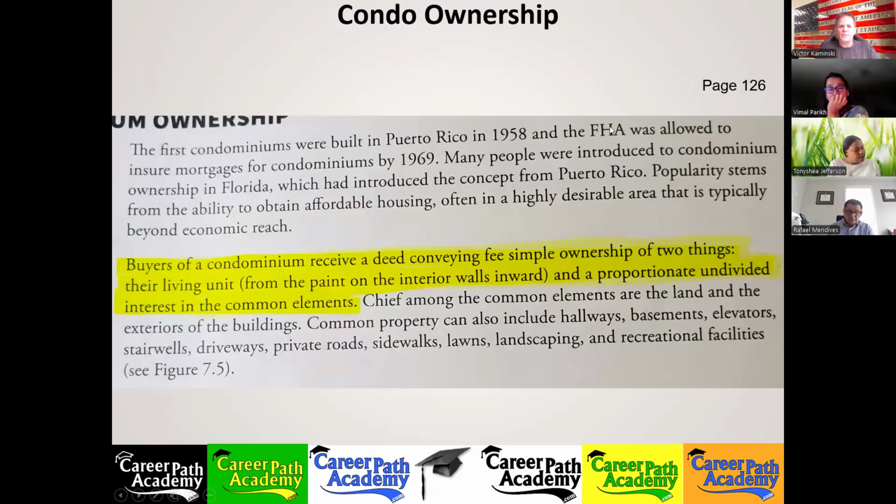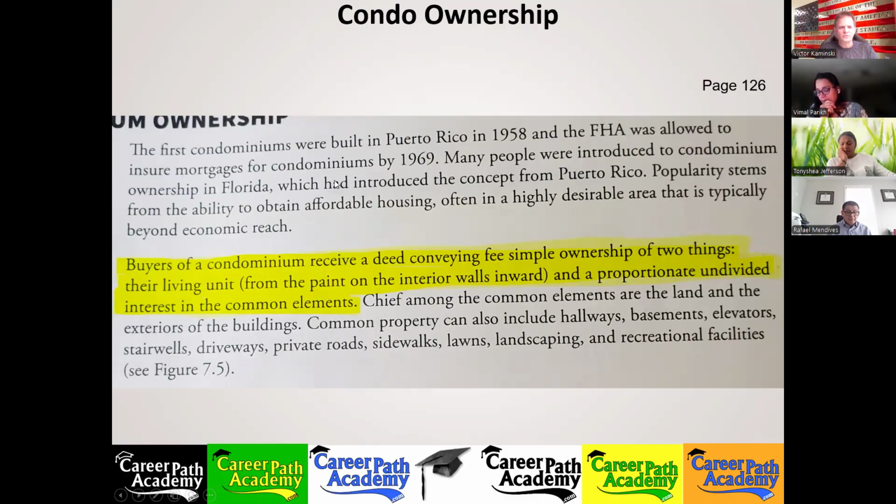And so the first condominiums were built in Puerto Rico in 1958. And the FHA was allowed to insure mortgages for condominiums by 1969. Many people were introduced to condominium ownership in Florida, which had introduced it by concept from Puerto Rico. Popularity stems from the ability to obtain affordable housing, often in highly desirable areas that are typically beyond the economic